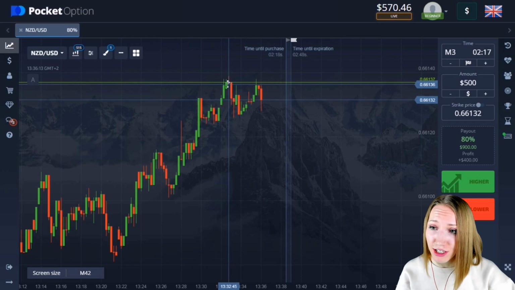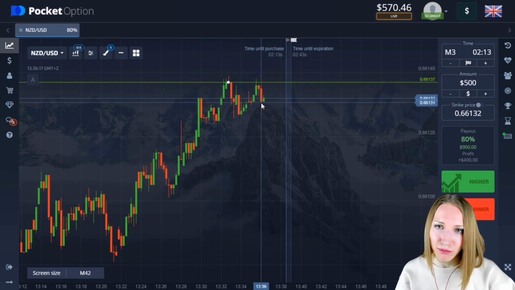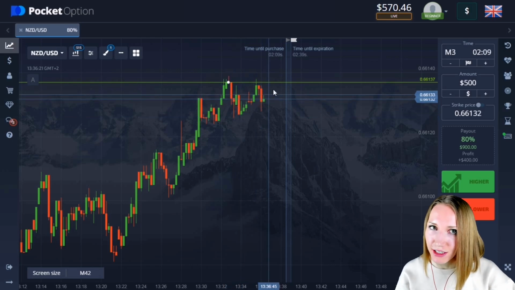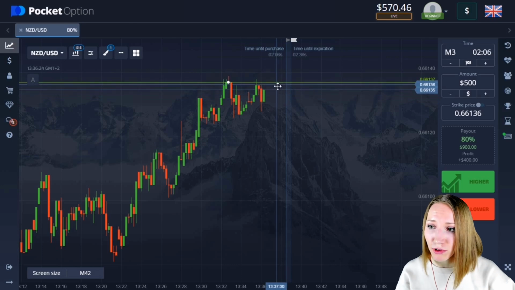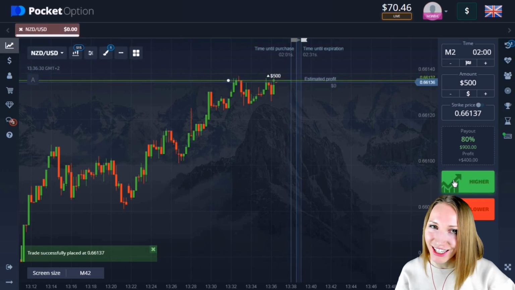Well, here you can see there was a very good uptrend, and also you can see the resistance level here. So the price touched it and then bounced down, and after this bounce the upward movement continued. So the price maximum is getting higher and there is sticking to the level. So let's open a trade for 2 minutes with up. I think that very soon this level must be broken through definitely, and we need to wait.